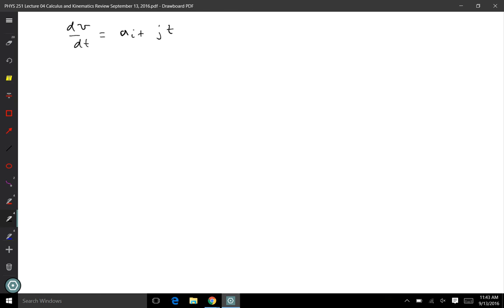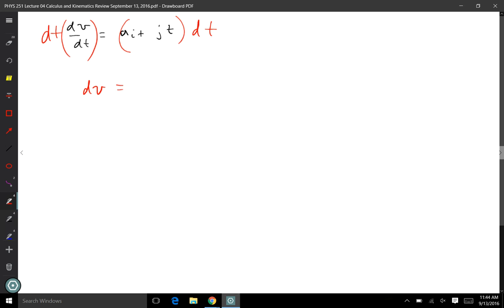So separating variables, what are the two? You do have to identify the two variables. So I ask you, what are the two variables? It's very simple, just because that's part of the thinking process. What are my two variables? T and V. And so how do I separate variables here? Yeah, multiply both sides by dt. And so I have dv is equal to